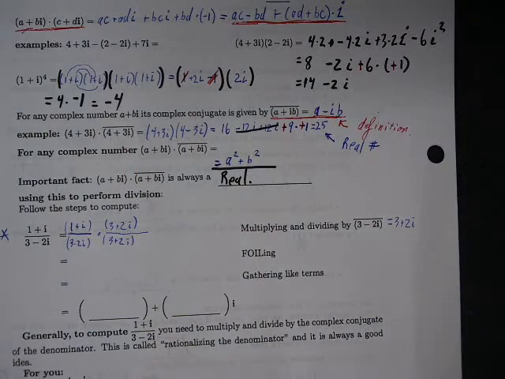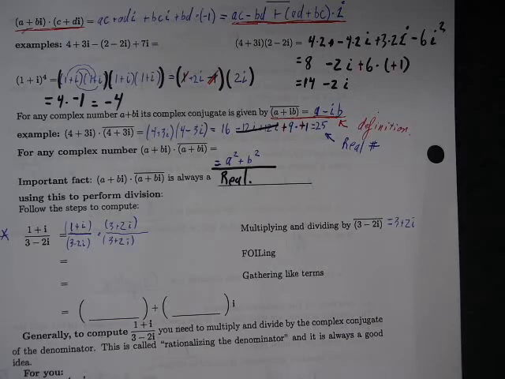Right, that doesn't change the fraction because I multiply and divide by the same thing. And now let's just expand out the numerator and the denominator. The numerator, I don't know what it'll be in advance. The denominator, I know it will be real. Let's FOIL these things out and just see what we get. I'll FOIL out the denominator, and then I'll give you guys a moment to do the same work